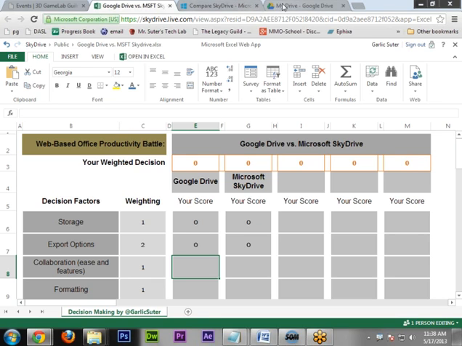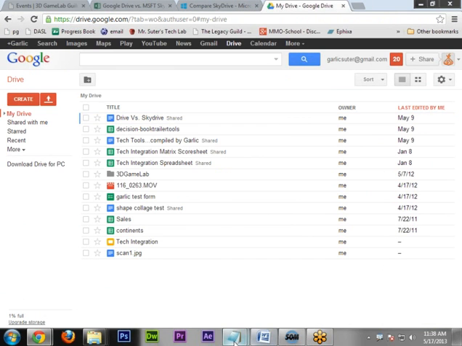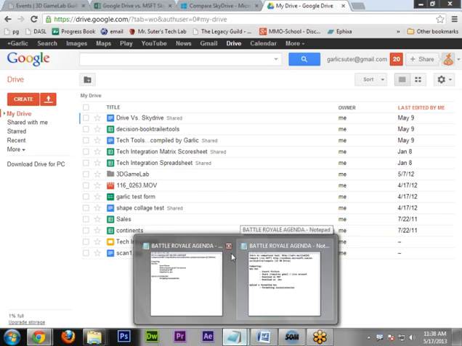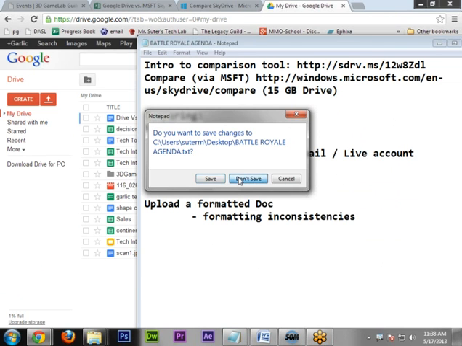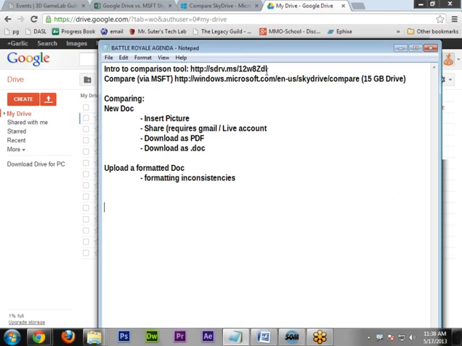So let's get started. I have a little cheat sheet agenda here. Apparently two of them. So the comparison tool, which I pasted into the chat already. The first thing I want to look at, which I'll paste into the chat as well,